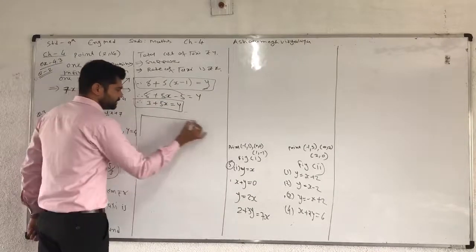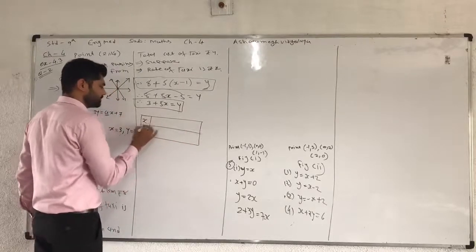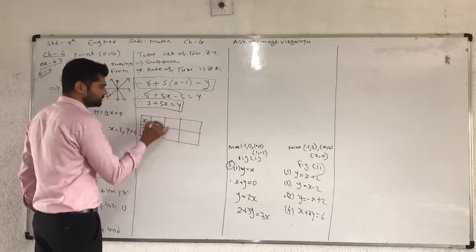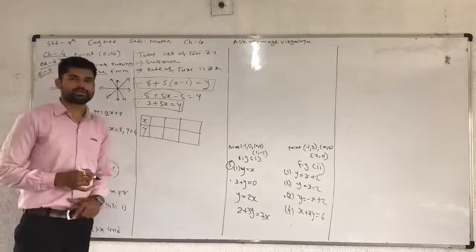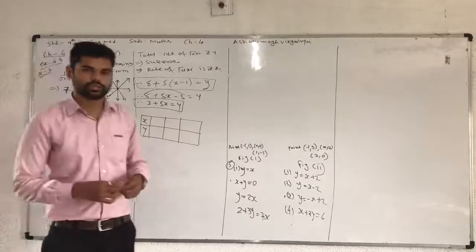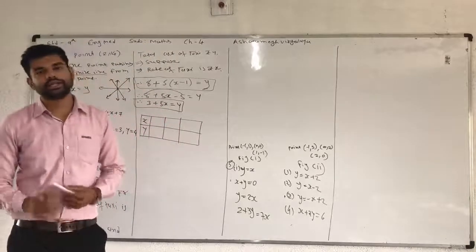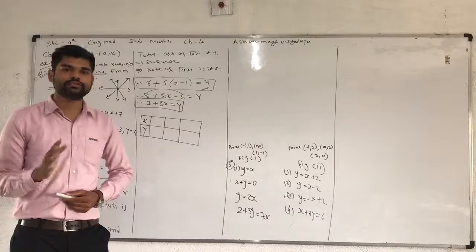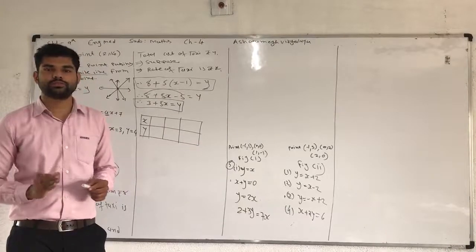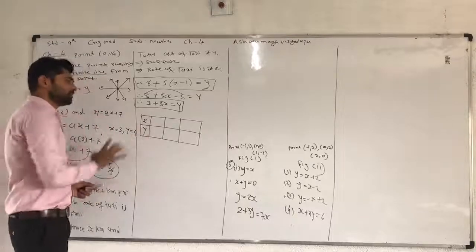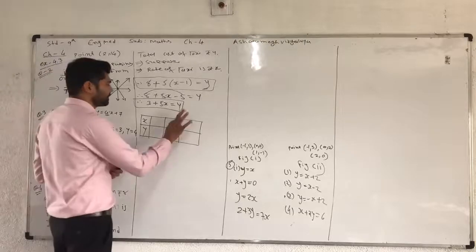Now find 3 points, 3 coordinates, and then represent them on the graph. So the value of y you can get with the value of x. Here distance and cost cannot be negative terms, so you cannot take a negative value for x and y, because they are cost and kilometers. In any condition these terms are not negative, therefore only positive values can be considered for this graphical representation.